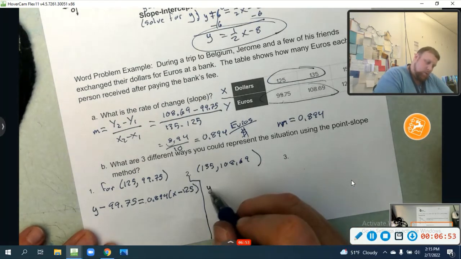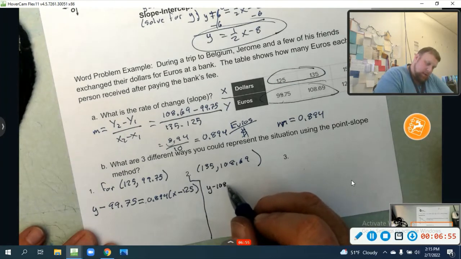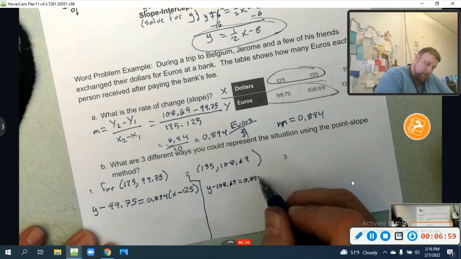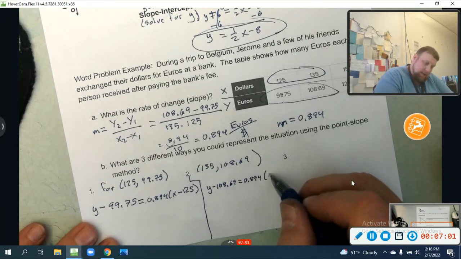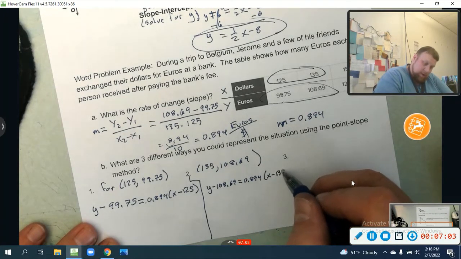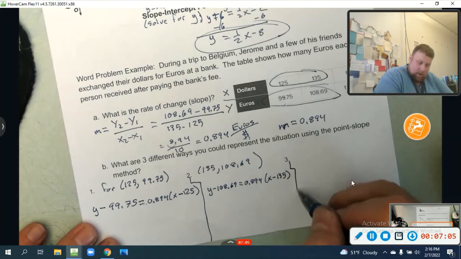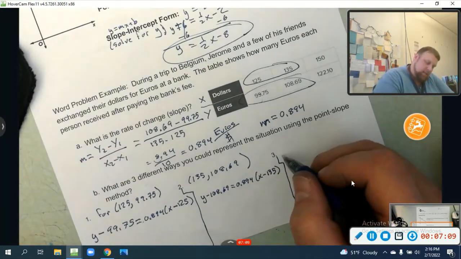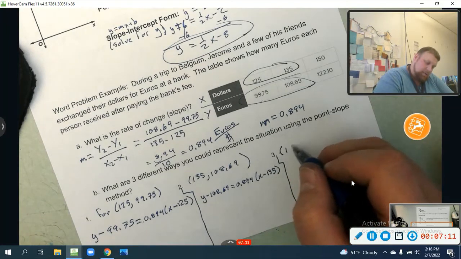And I'm going to plug that in. Y minus 108.69 is equal to our slope of 0.894 times x minus 135. Boom. And last but not least, if I'm looking at the last point, which is 150,